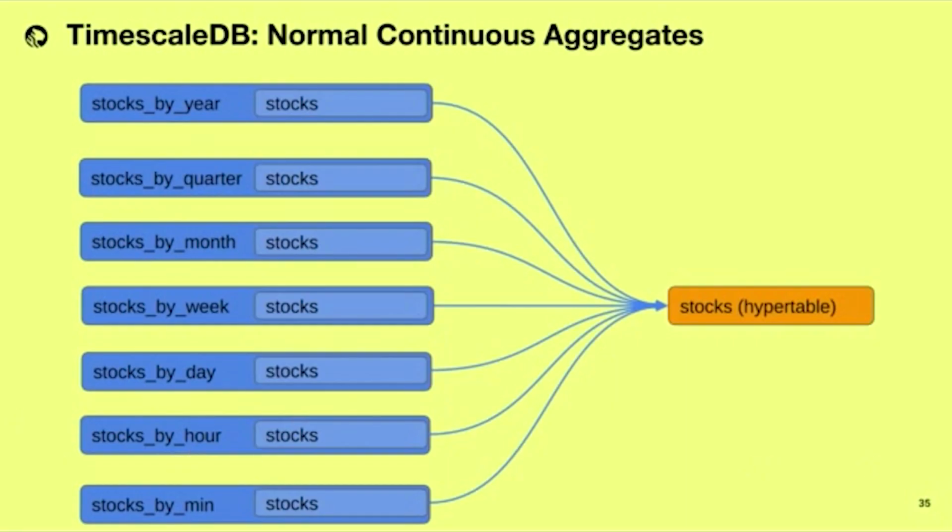Have a look at this hypertable and these continuous aggregates. We are aggregating data by minute, by hour, by day, by week, by month, by quarter, and by year. Several different continuous aggregates, but each of them needs to read data from the original hypertable. It means that I should do aggregation by minute, by hour, by day, based on a lot of rows from